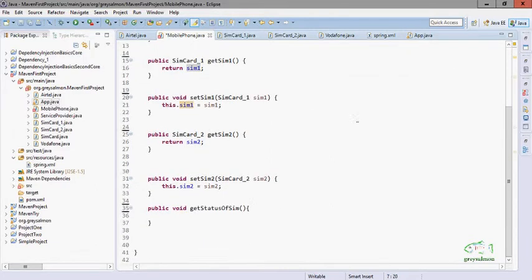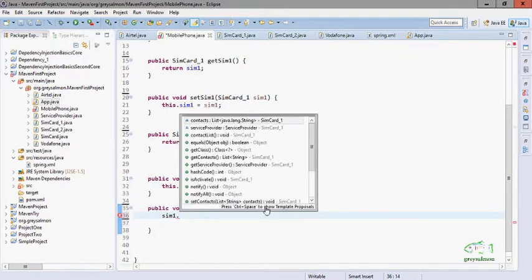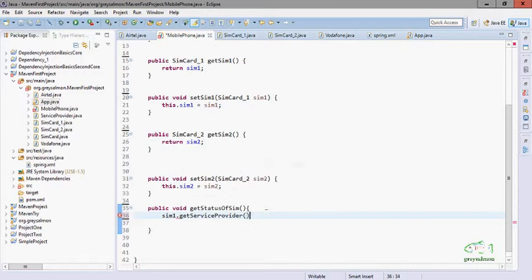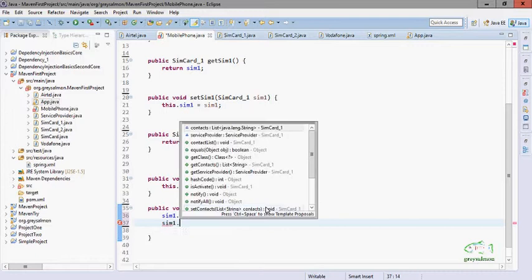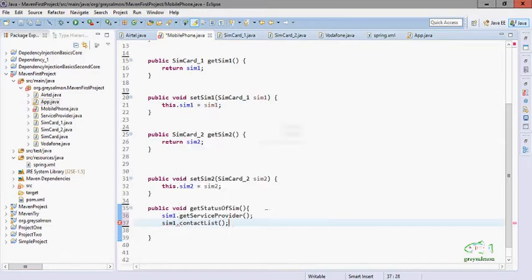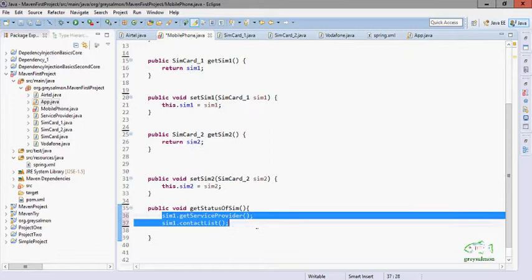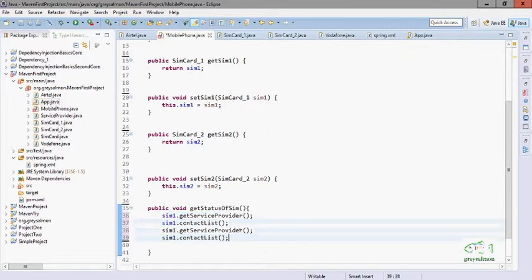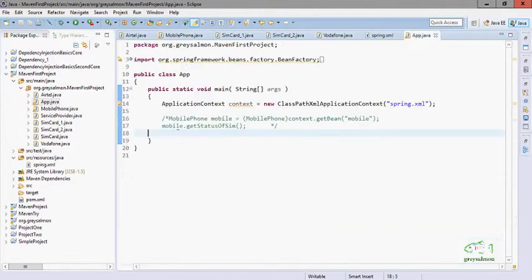We will write sim1 dot and call the methods: first the getProvider method, and sim1 dot getContactList. We will repeat the same with sim2. Now we will see what we have done in the main.